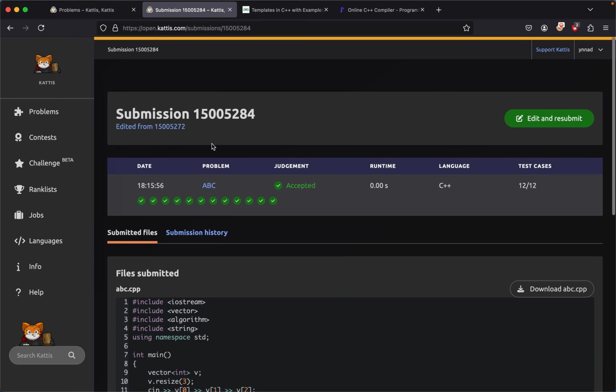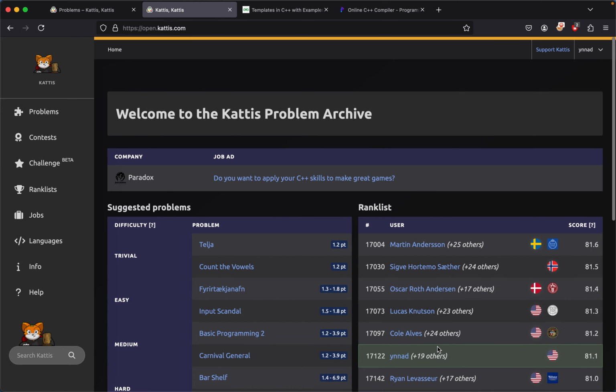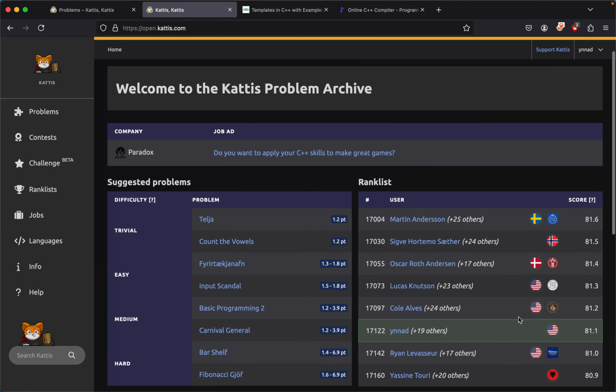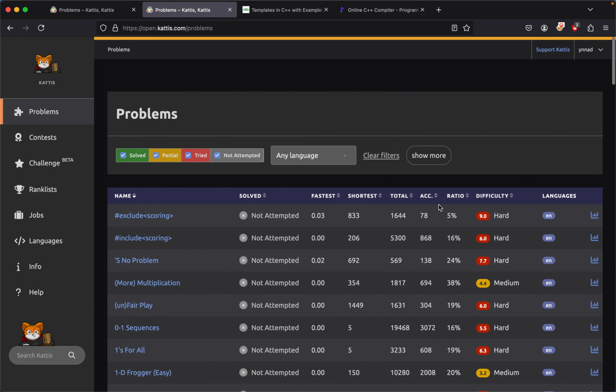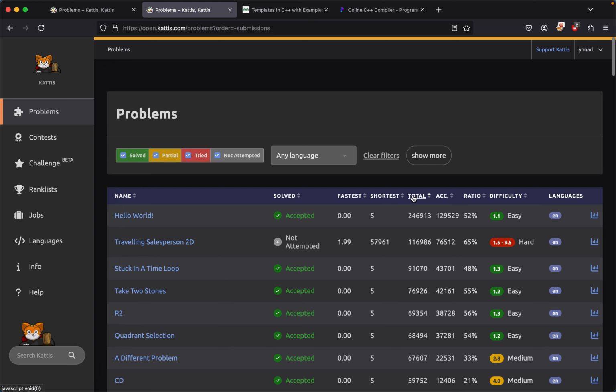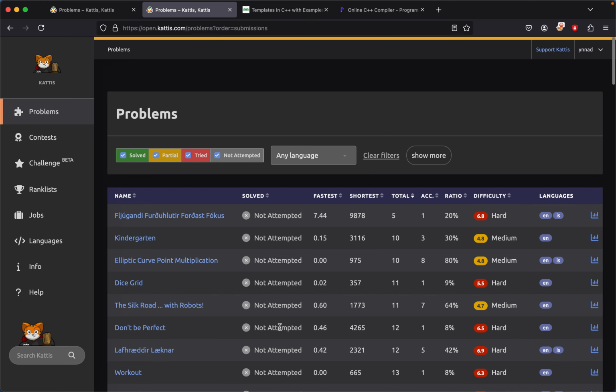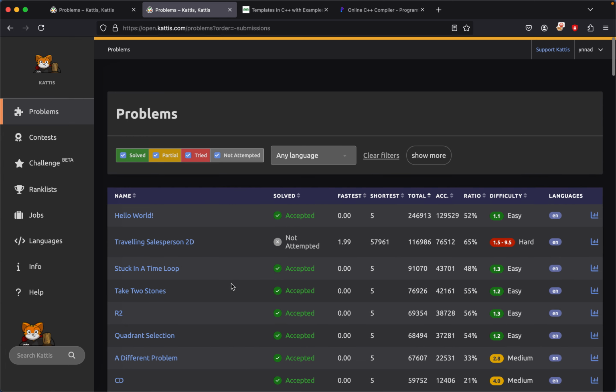Alright then, let's see our ranking. So if we click on that, we see that we went up to 81, but we should go up even more right now because it doesn't update right away. So that's the only bad thing about Kattis, but I'll probably wait for the update. I'll just be talking for a bit. So if we check the total, so now we're at,